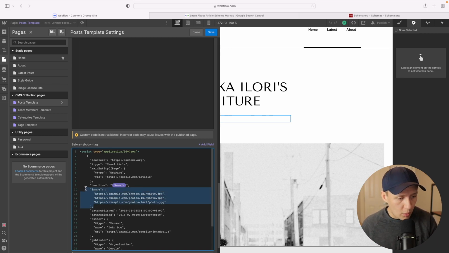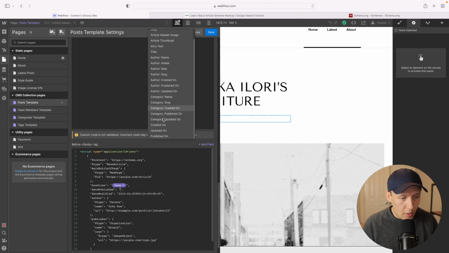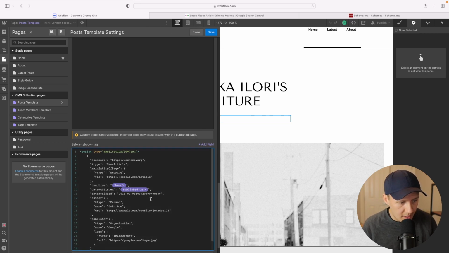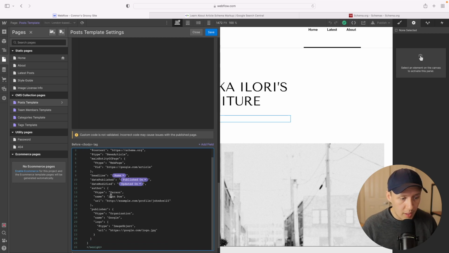So again, I won't be using the image fields, but if you are using a thumbnail, then this is where you would use it. If we want to use the date published field, then we're going to remove the current static version that's in there now, and then we're going to add the published on field right in there. Again, date modified, if you want to do that as well, there is a field for that inside of Webflow. So we just click on the updated on field,